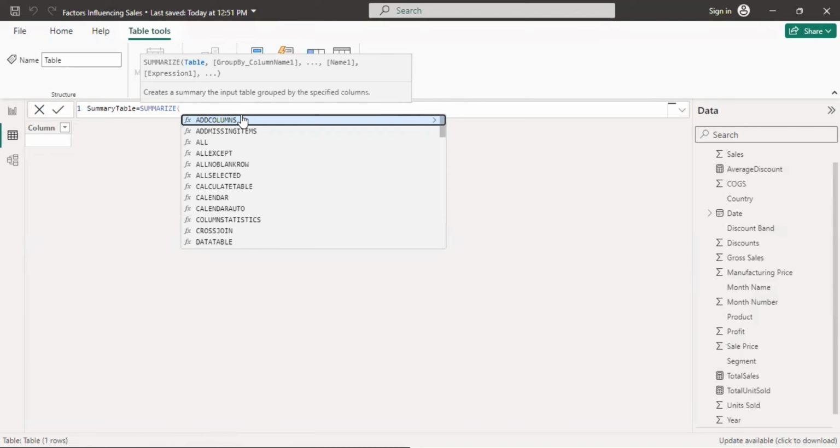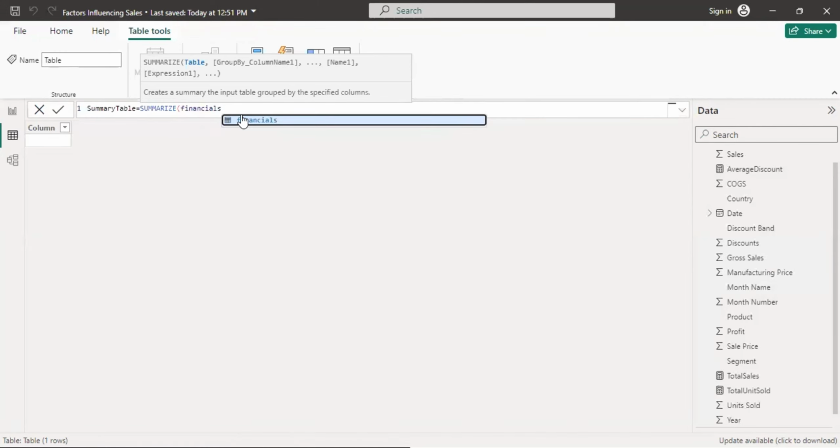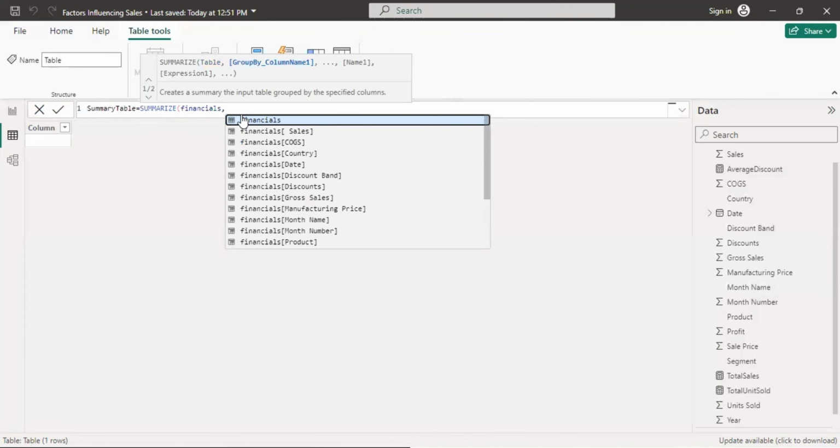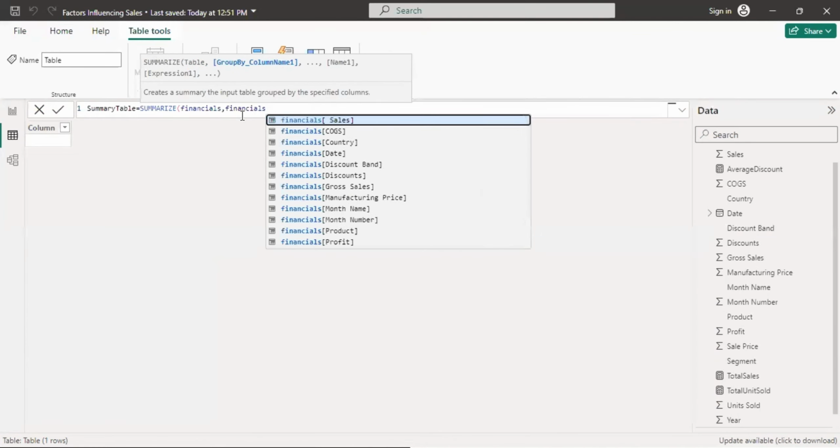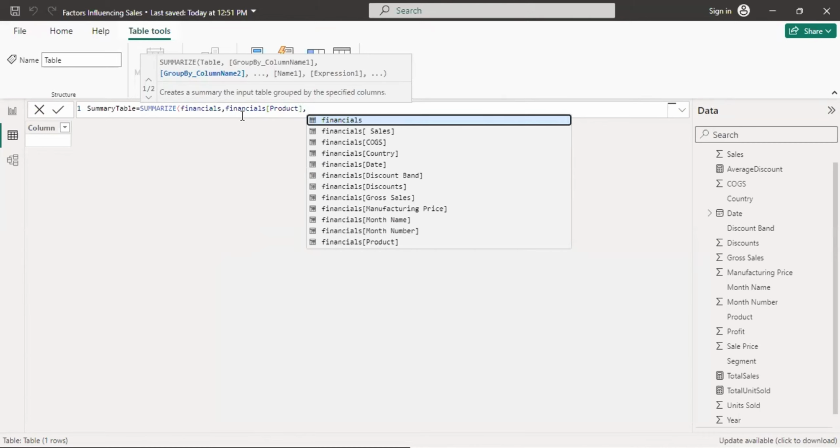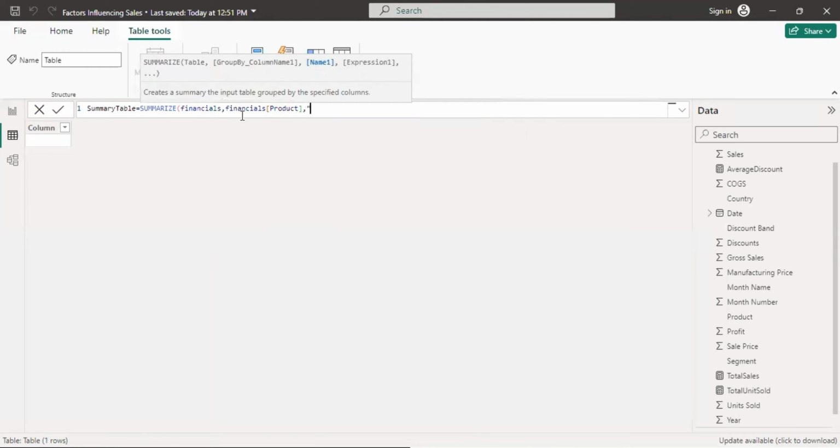Then we say our table name is financials. Then we'll say comma. Then we reference our table again. And this time we want to reference the products column, comma. Then our measures, total sales, in quotes. We have it here, total sales,